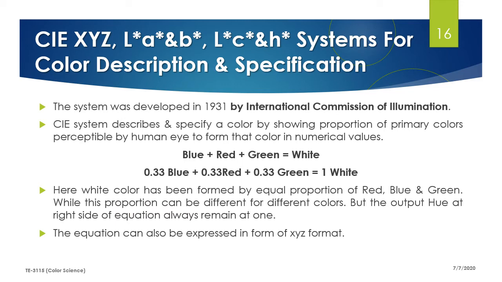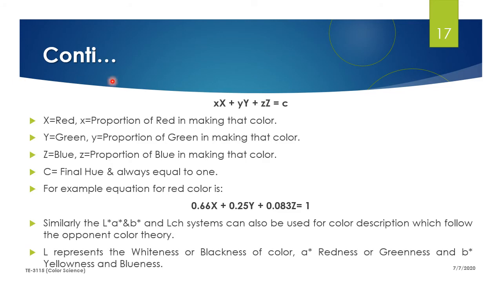Let's see the XYZ format. Here is the x, y, and z representation of the equation of CIE, where capital X shows red, capital Y shows green, and capital Z shows blue, while small x, y, and z show the proportions of red, green, and blue to form the hue C. For example, for red hue, 0.66 of red, 0.25 of green, and 0.083 of blue is consumed, but the actual